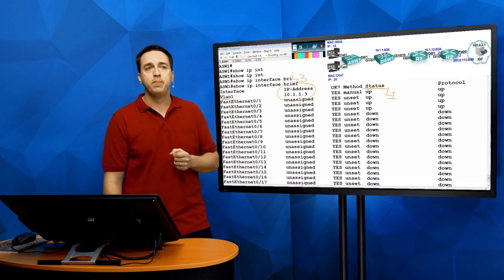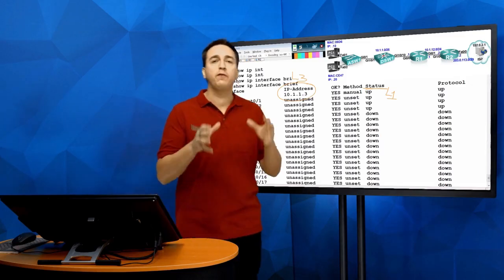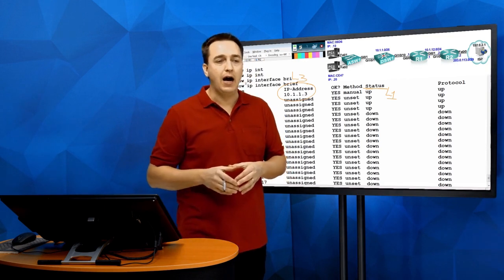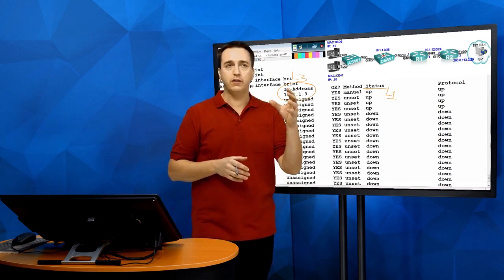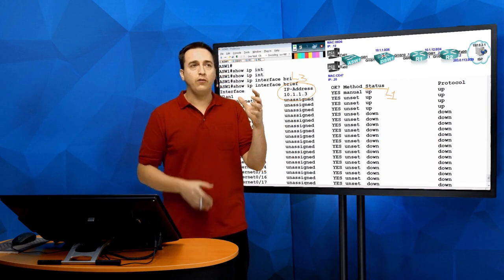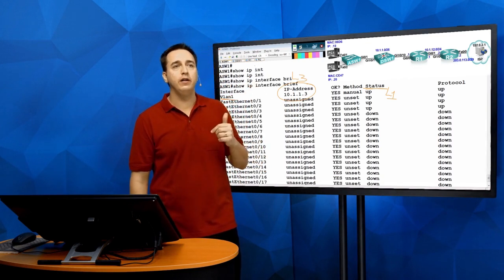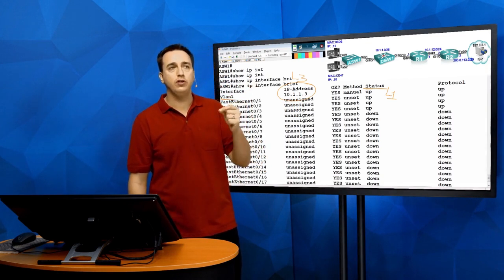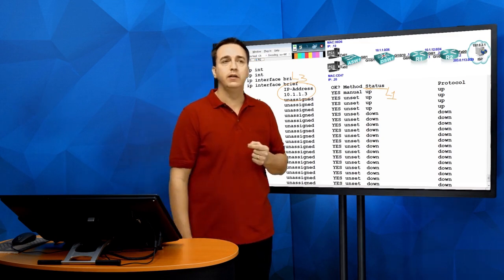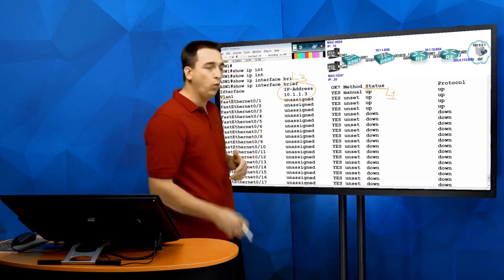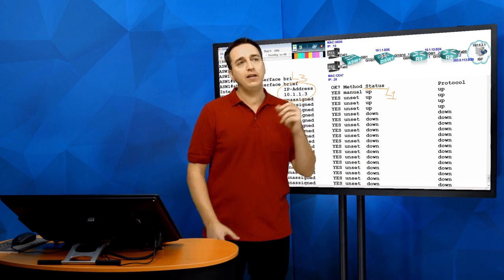Layer 1. So what is layer 1? It's about physical connectivity. So I have a cable connected to my interface at one end. So fast Ethernet 0/1 has a cable connected to it that then goes to PC1. In this case, it says up. Why is it up? Well, we have an Ethernet cable,